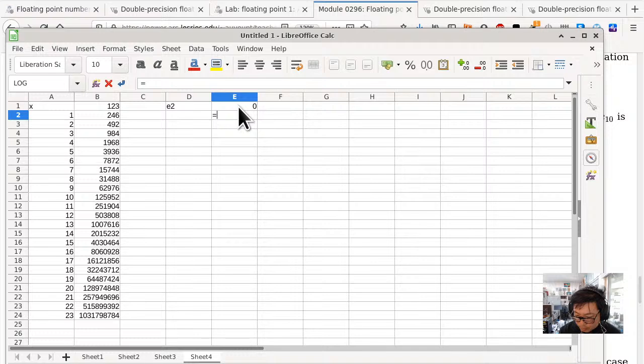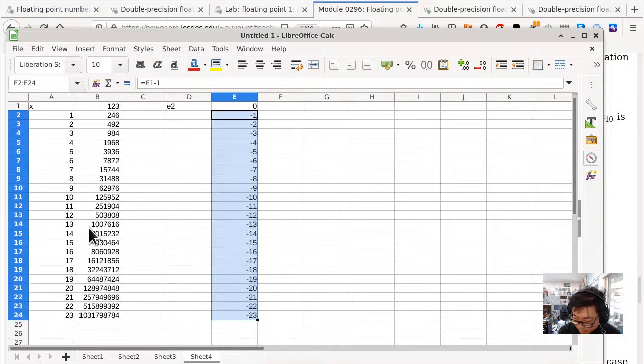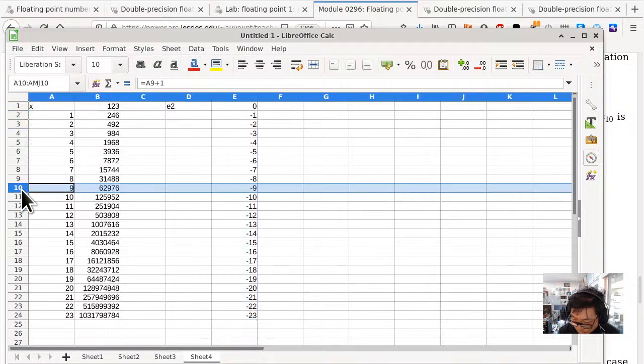So this would be the previous value minus 1, and as a result, on this particular row,